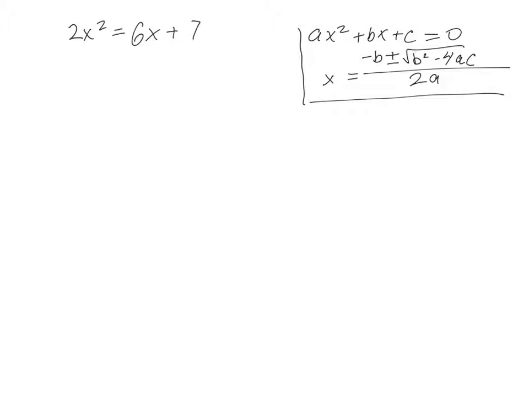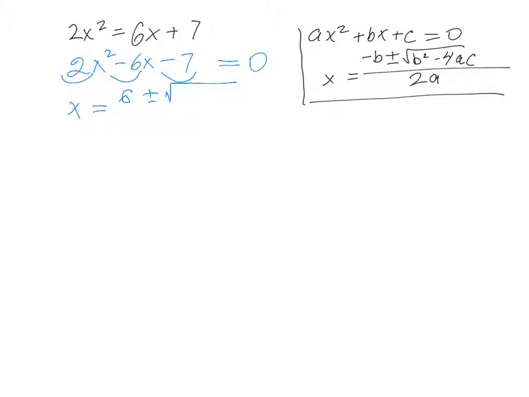First step, before we start plugging in a, b, c, we really need to write it in standard form, with 0 on the right. So we are going to move 6x to the left, it becomes minus 6x, and 7 to the left, it becomes minus 7. Now we have our a, b, and c. Don't forget that they carry the sign. So x equals minus b, which will become 6, because b itself is negative, plus or minus square root of